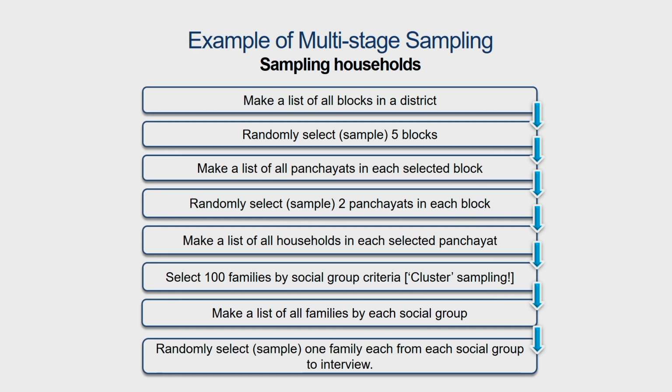So, here essentially in the case of multi-stage random sampling, what you are doing is you are drawing a random sample at each stage, but you are defining each stage purposively as to which stage should be identified for giving you a sample frame.